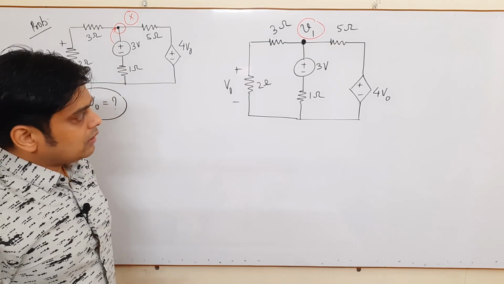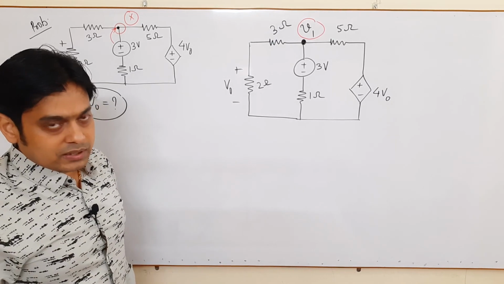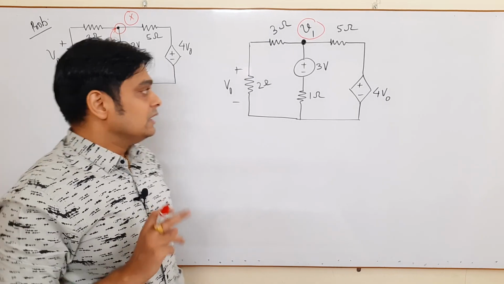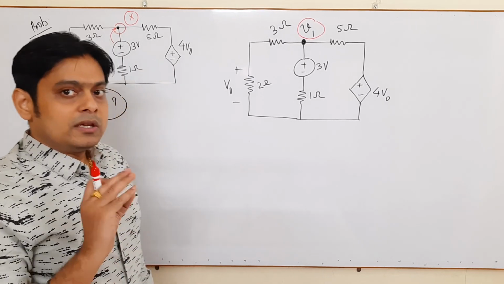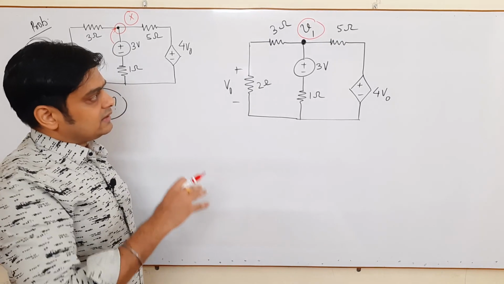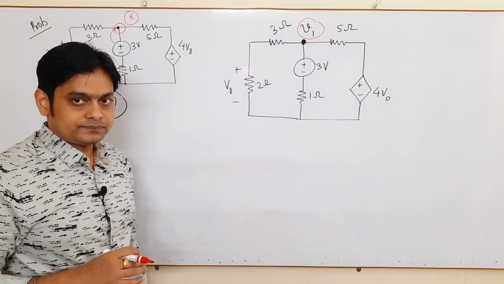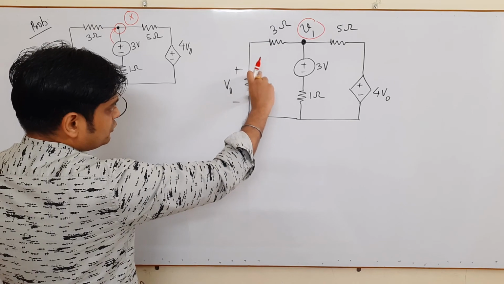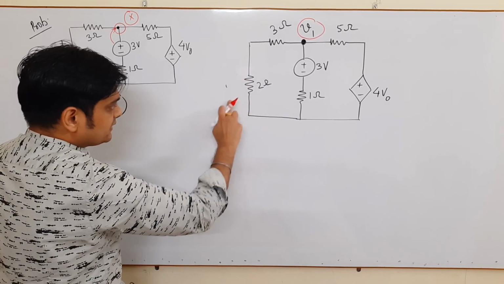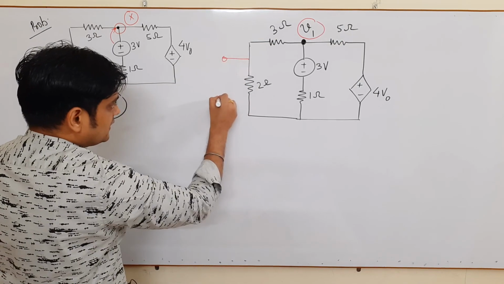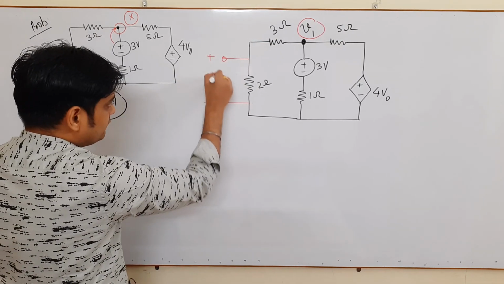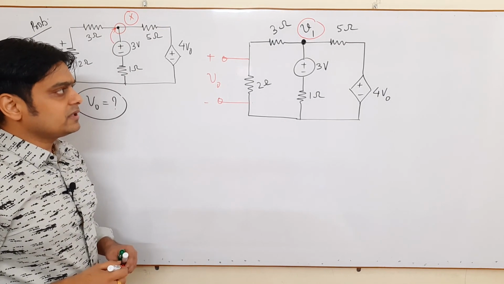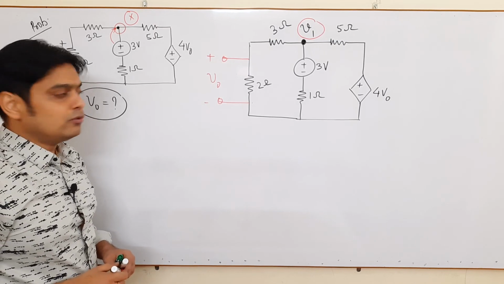So what I will do, I will explain one more important concept here which I told you earlier in my previous videos, the voltage division rule. Voltage division and current division you have to apply wherever the application is possible. In this network, this voltage V0 is appearing across the 2 ohm resistance, and again the very important thing, V0 is your open circuit voltage.